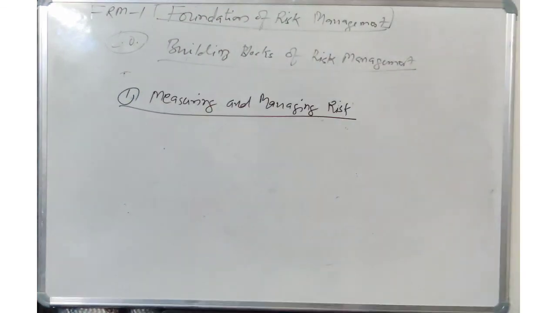Now next is measuring and managing the risk. After the risk has been identified, how are we going to manage and measure this risk? This is the next step in the building blocks of the risk management process. For managing the risk,